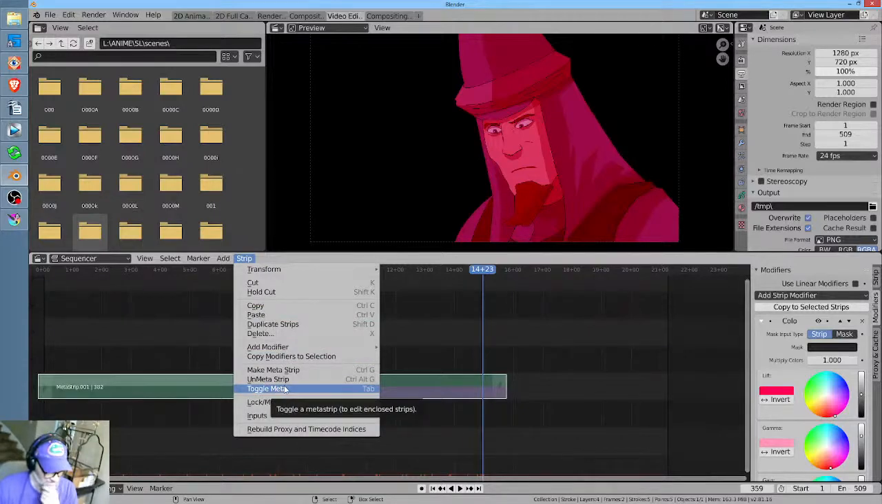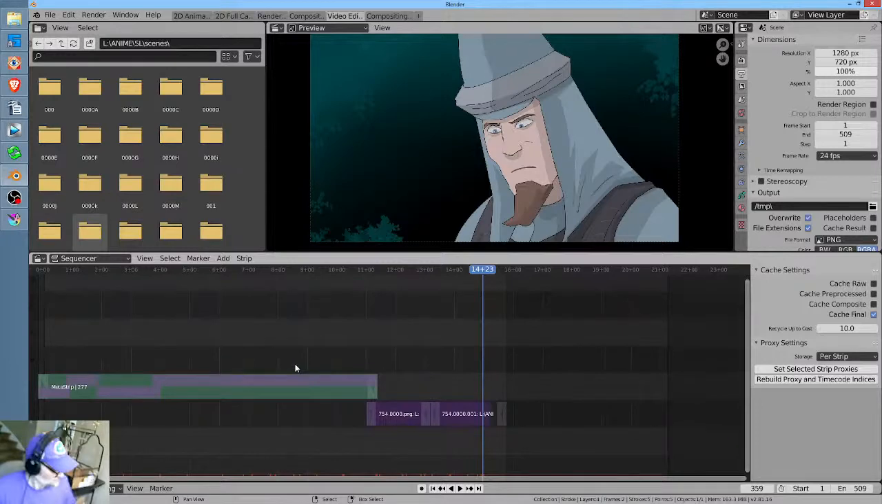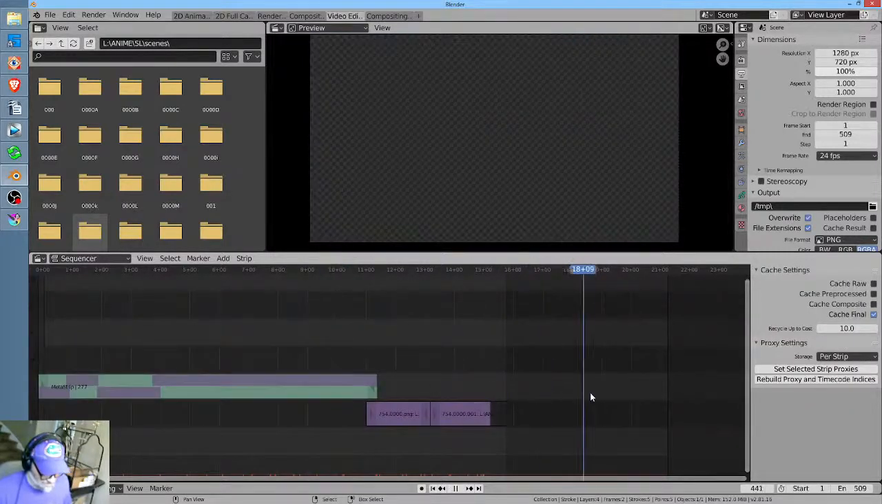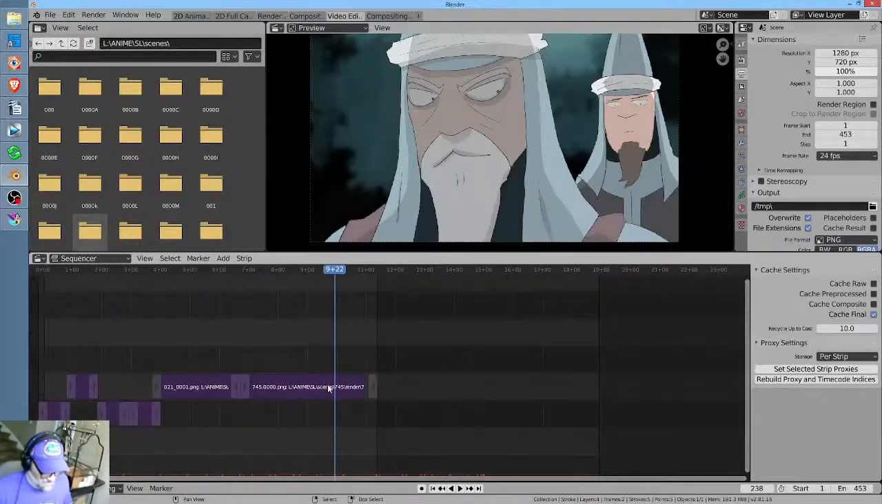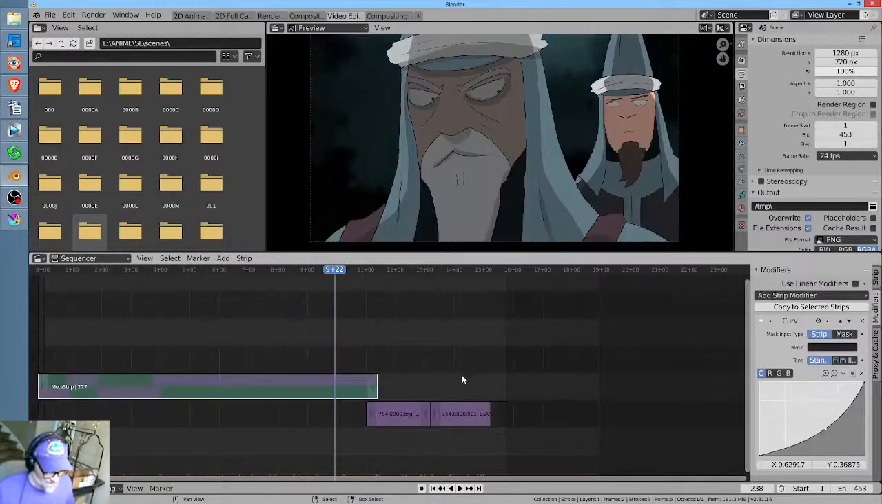This is interesting. Toggle meta. That's interesting. So I assume if I toggle the meta that I'm sort of locked into working with this meta right now. What if I do this again? Okay, now that's interesting. Wow, that's actually super cool. Okay, so what it's doing, it's like a subscene in OpenToonz is the way it works. So I'm actually in the meta right now,